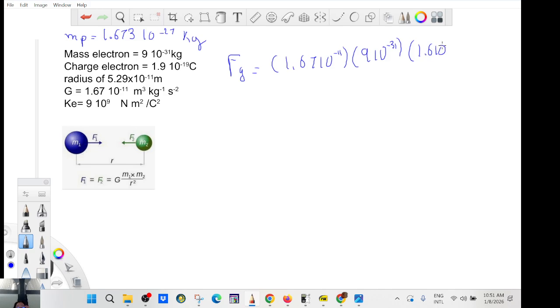You can forget about the 3. Okay, over the distance squared. Okay, so the gravitational force is,